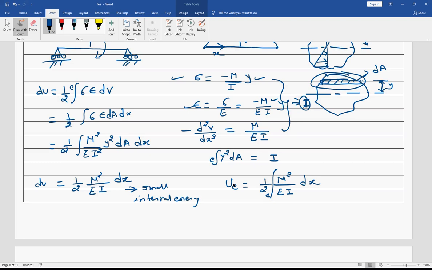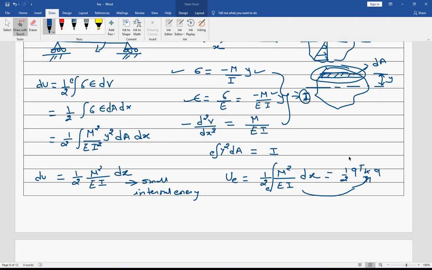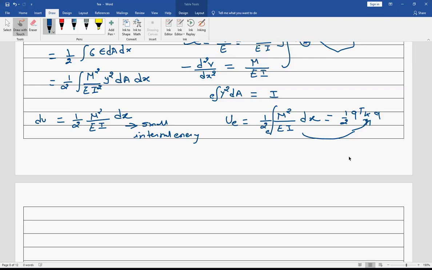So if I integrate this, this is going to give me the internal energy. And of course I know my internal energy is always equal to half Q transpose K Q, and from equating this I would like to find out what is the stiffness matrix. So this is the challenge we are going to do. Okay, so just to look after that